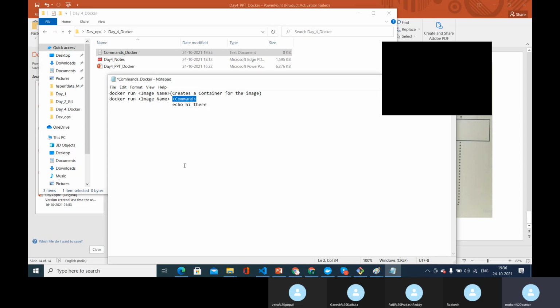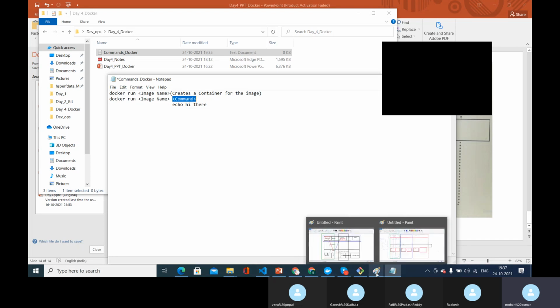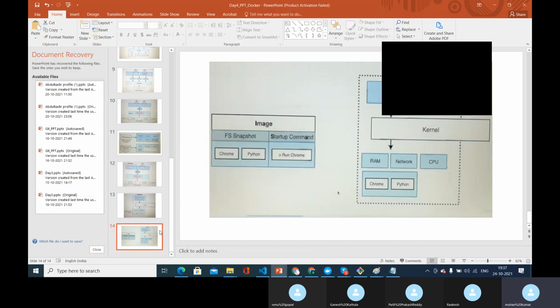Before understanding this, we have to understand one more concept. Let's understand what an image basically is first, then we will come back here. That would be a great way, I guess. So every image that we create can be divided into two parts. Let me look at the slide, whether it is there or not.